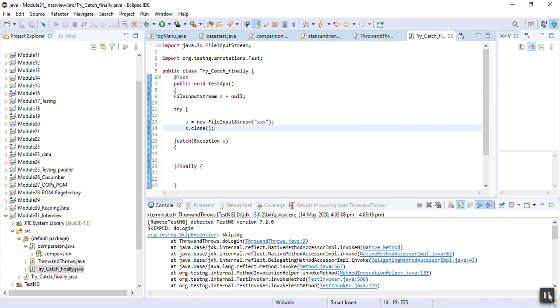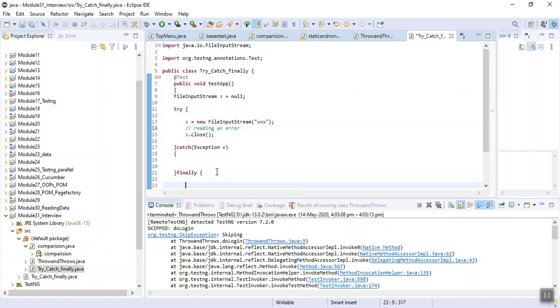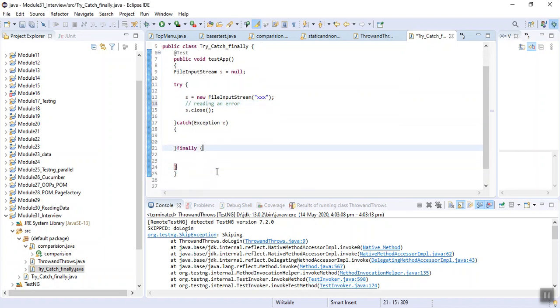Getting the points? Now what happens while doing some operation like reading, and an error comes? It goes directly to our catch block, and then our file connection will keep on being open. If any error comes, it is compulsory to close at the end.